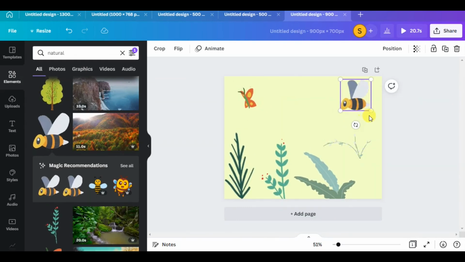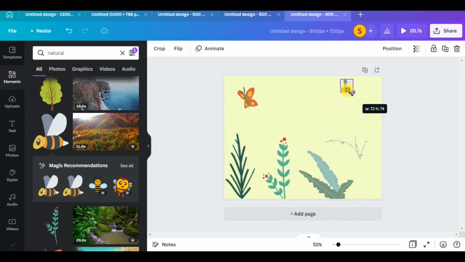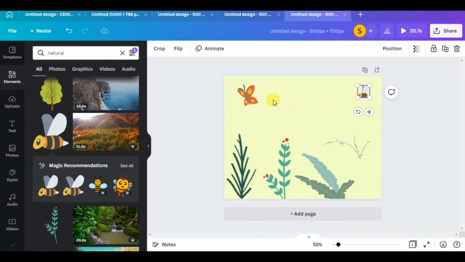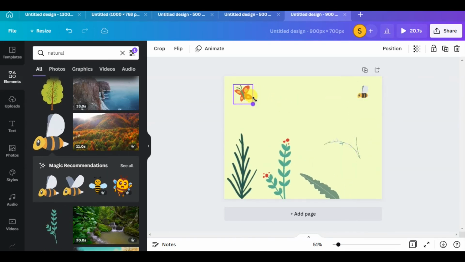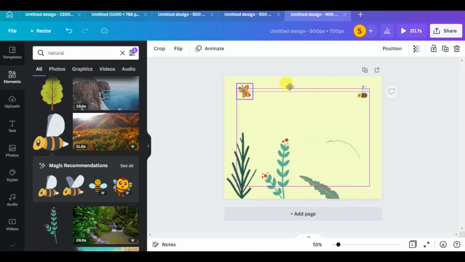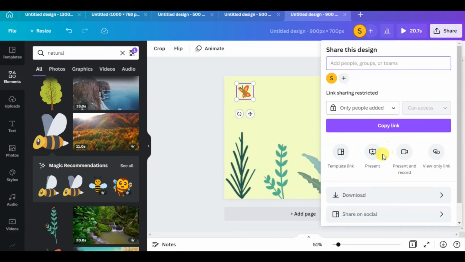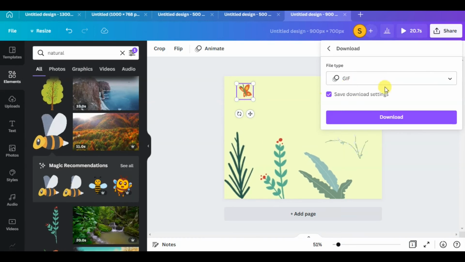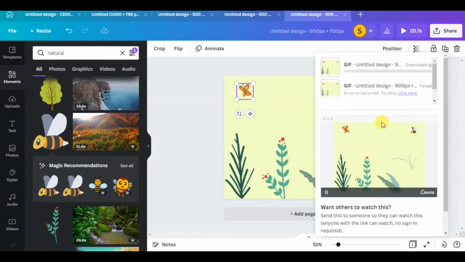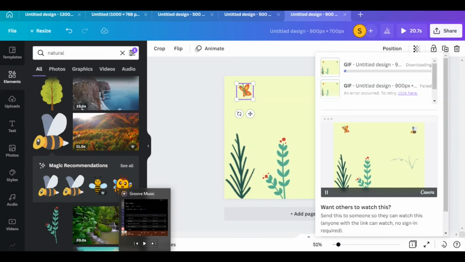So let me just leave it this way. This is a bit big. Okay. And I'm just gonna export this and download this as a GIF here. And just download.